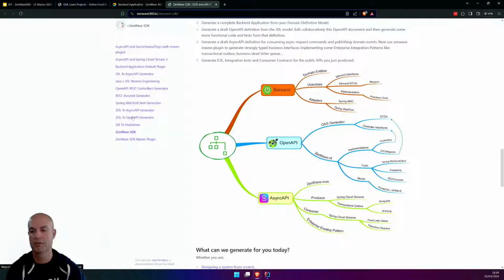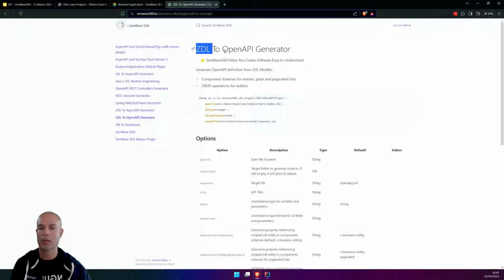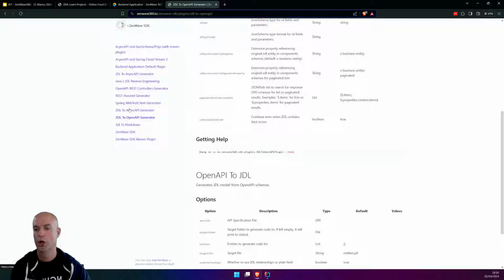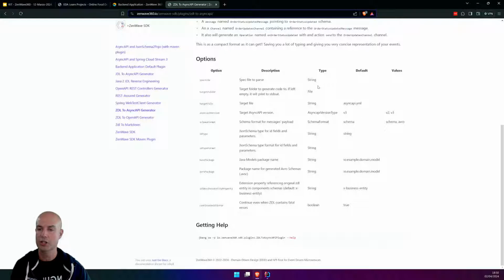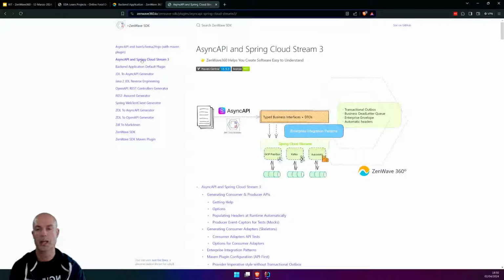You have here, for instance, how to convert a ZDL model into an OpenAPI specification definition with these options, or into an AsyncAPI definition with these other options, a full backend application, and it comes with a complete toolkit for doing API first with AsyncAPI version 2 and version 3.